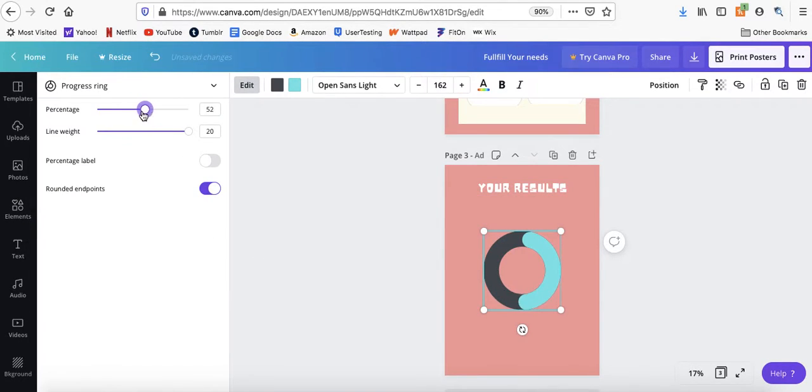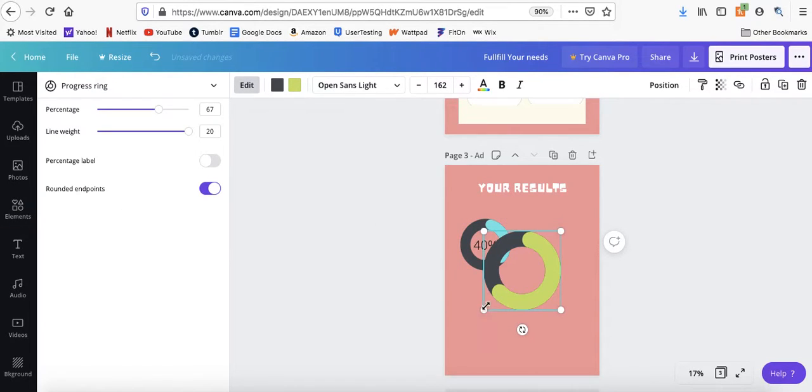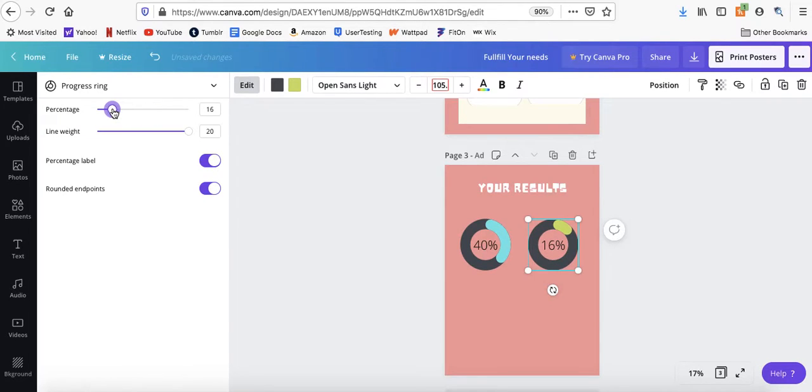And I can change the percentage if I want to. So we could do like 40% there. And I probably am not going to add this up correctly to 100. We'll say there's like a 16% there, so we're at 56. Put one down here.